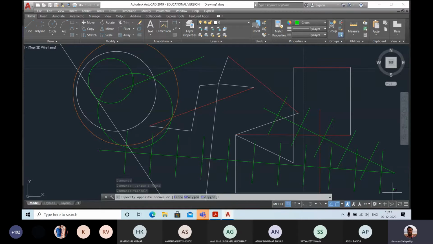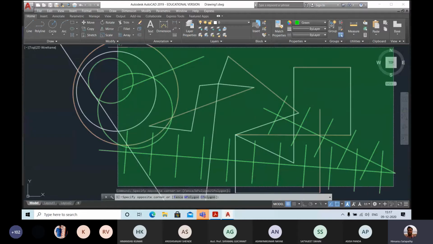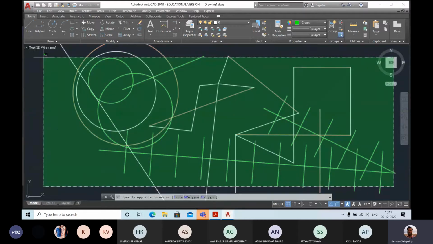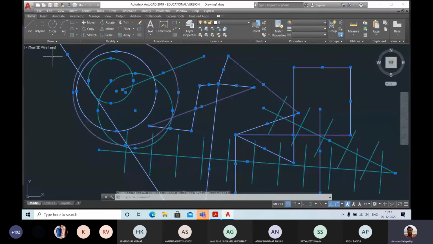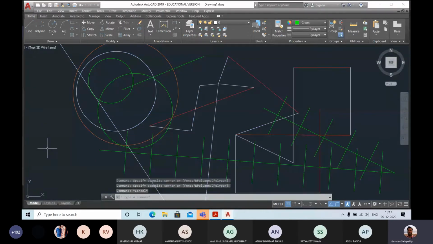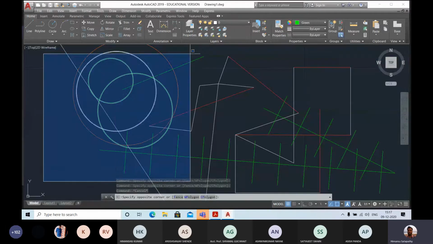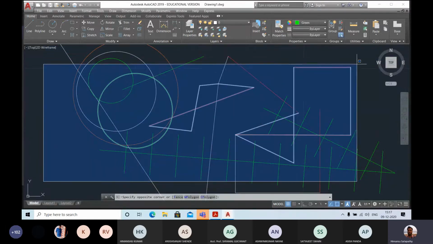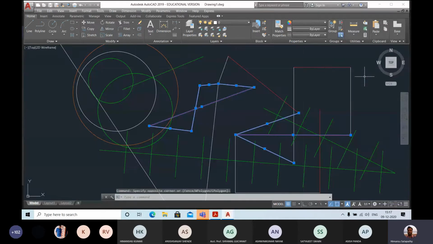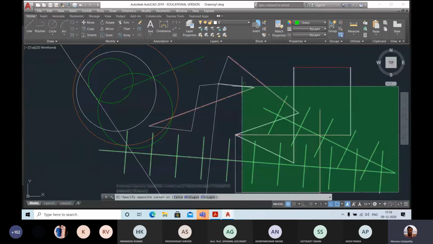So you can see, when you click from the right side to the left side, please pay attention. You can find a green box. All of you can see this one, a green box. Wherever this green box touches, that will be selected. You can see the difference. But when you click on the left side, you are getting a blue box. It is only selecting the lines which are inside the blue box. The difference is that the green box selects all the drawing it touches, but in the case of the blue box, only the drawing which is inside the blue box will be selected.